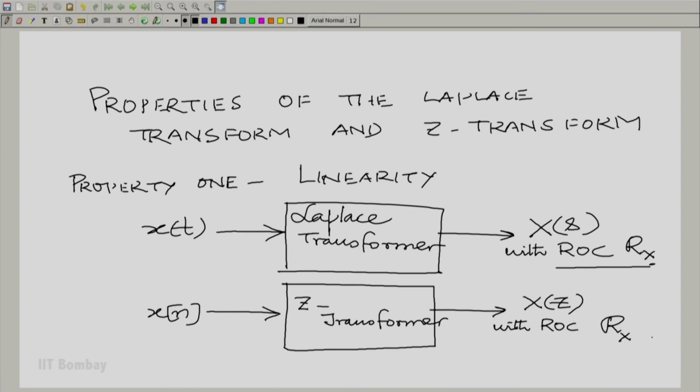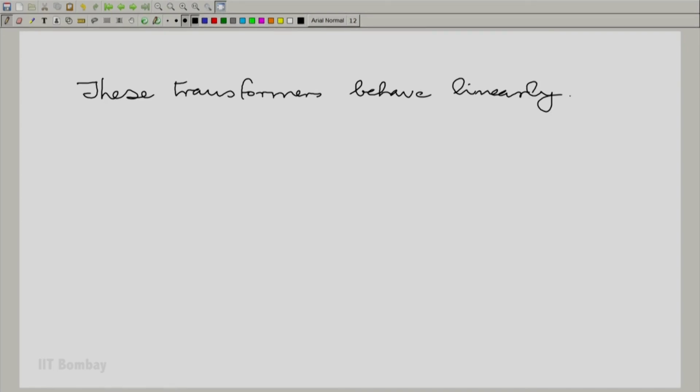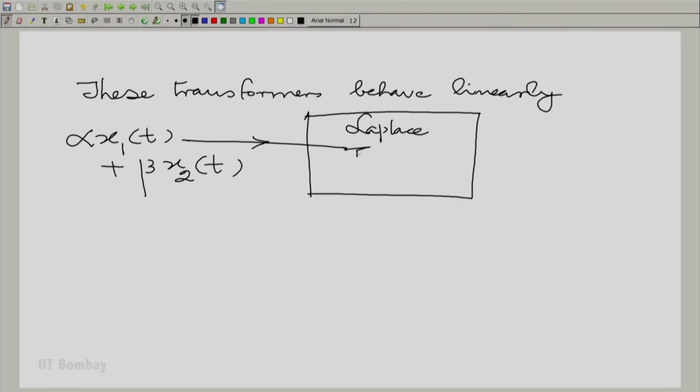Of course, here we are talking about two different kinds of regions of convergence. You have seen the kind of region of convergence that a Laplace transform has, and you have seen the kind of regions of convergence that a Z transform has. Now, what linearity really means is these transformers behave linearly. That means, if I were to give alpha times x1(t) plus beta times x2(t) to the Laplace transformer,